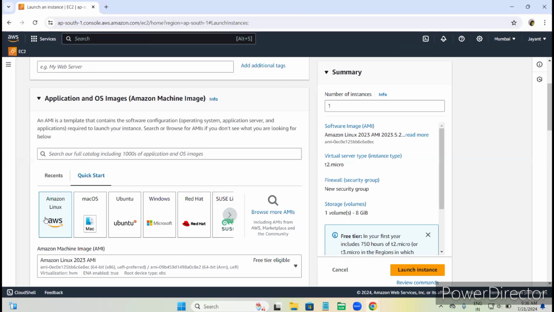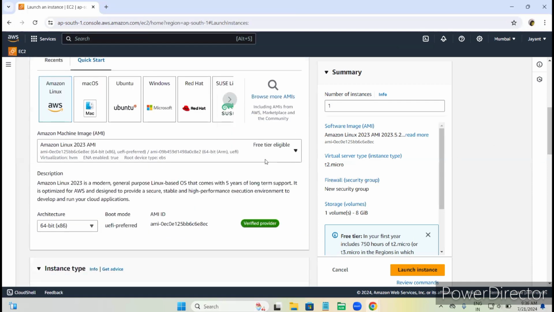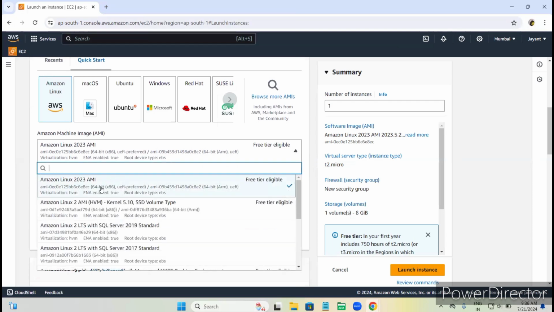I will always prefer Amazon Linux, because in most companies Amazon Linux is used, so it is good to use Linux. So click on Amazon Linux, go down. Here is the Amazon Machine Image, AMI. Just click on it and select free tier eligible